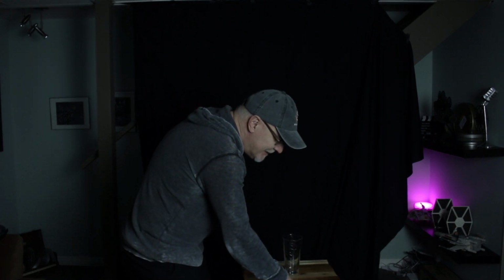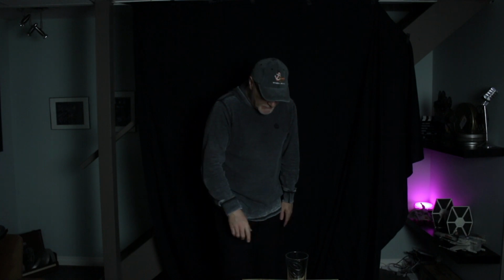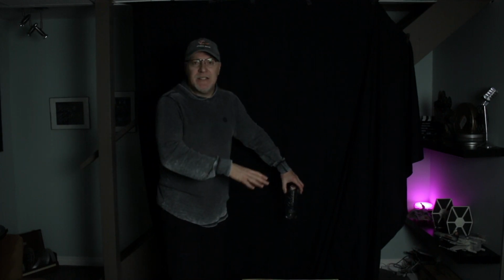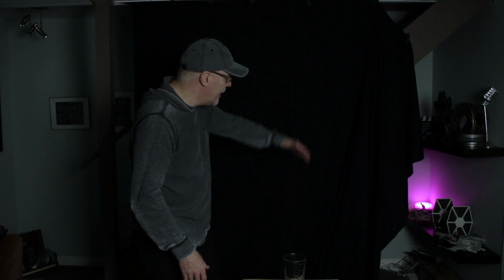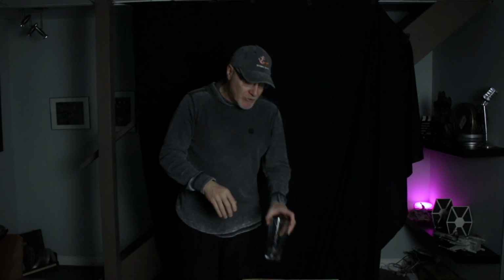I'm going to make sure I've got some distance, though, from the glass to the backdrop. I want a little bit of distance. Using the inverse square law, I'm going to have the light trail off really nicely. In this case, it's about 2 feet, 3 feet, okay? So a little separation. You don't want the glass right beside it. This doesn't work as good. That way when our light is set up, it's gonna fall off nicely behind it. If you're too close to the backdrop, you're gonna see all the little wrinkles of your backdrop,